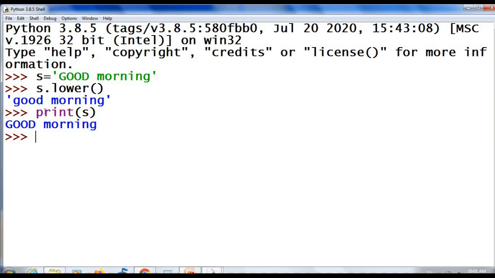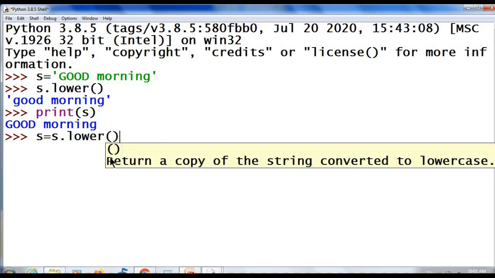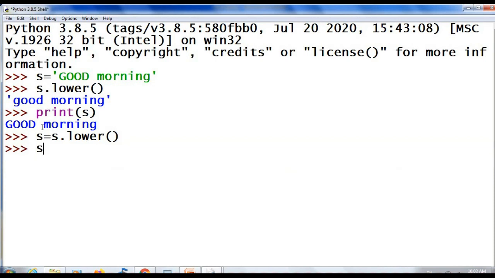If we want to change the original string, you have to give like this: s = s.lower(). Lower will return a copy of the string converted to lowercase, and this returned value is stored in s. Now see the content of s. It is changed.